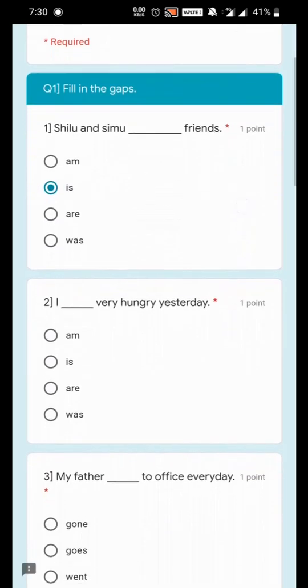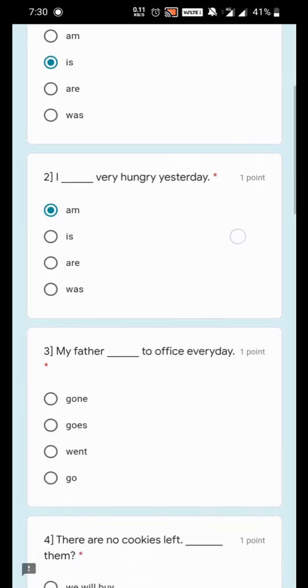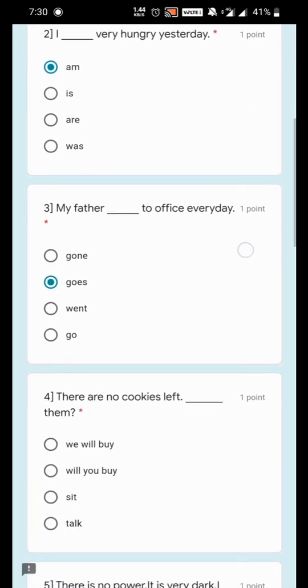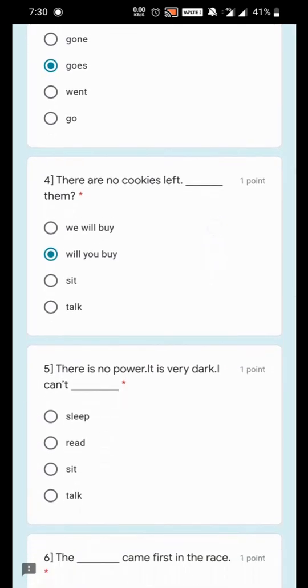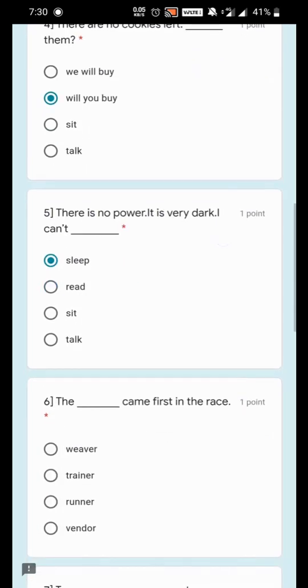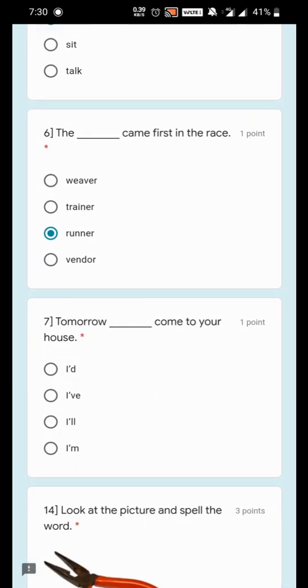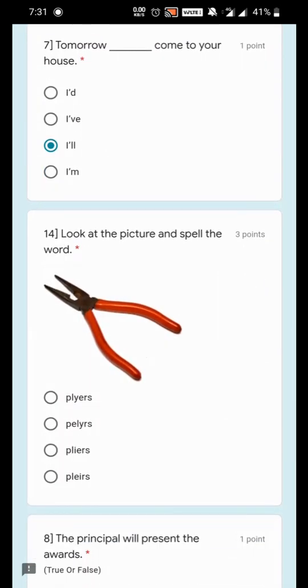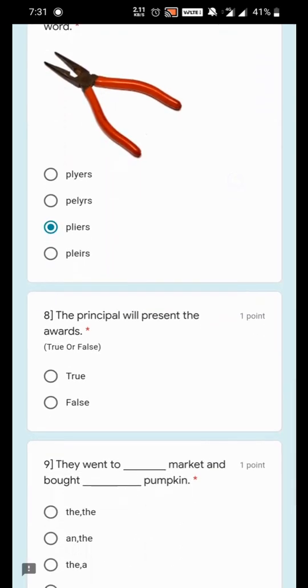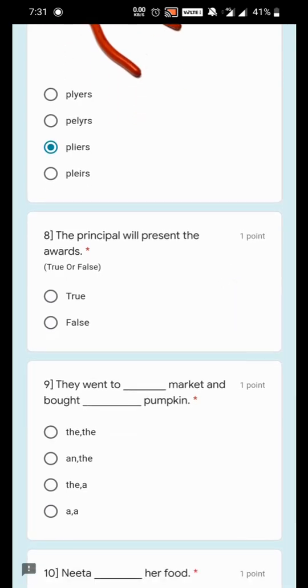For this demo video, let us select some random answers from all the questions. Remember, there can be MCQ based question as well as there can be true or false based question.